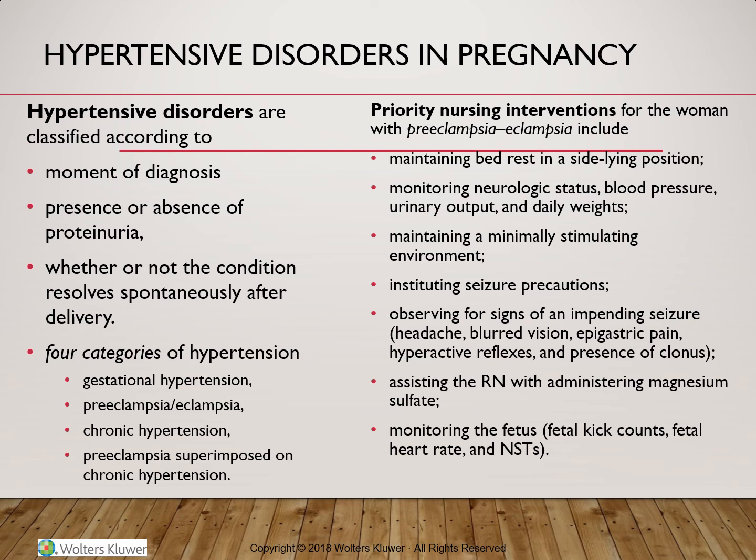We have what is called gestational hypertension, and this is defined as an elevated blood pressure, systolic over 140 millimeters of mercury, or diastolic over 90 millimeters of mercury, that develops for the first time during pregnancy after 20 weeks of gestation. And this is without, I emphasize, without the presence of protein in urine. Gestational hypertension will resolve spontaneously after the baby is born, in which case it will be classified as transient hypertension. If the blood pressure remains elevated 12 weeks after delivery, then the diagnosis will become chronic hypertension.